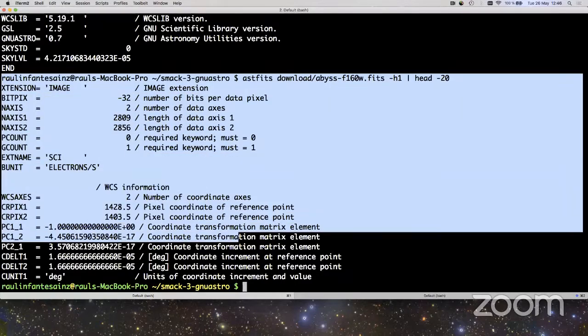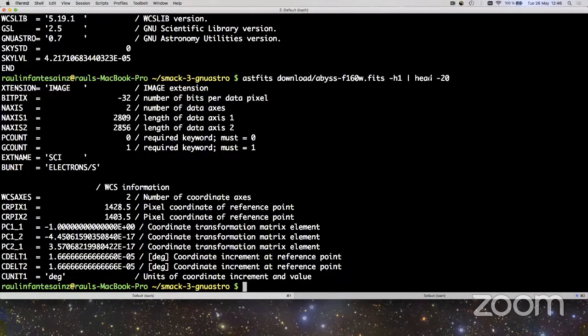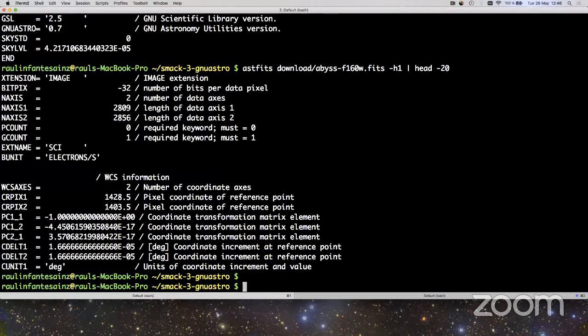This is going to show us only the first 20 lines, okay? So the result of the header is piped into this program to see only the first 20 lines. Now imagine, for example, that we are interested in getting some keywords from the header. For example, we can pipe the header into grep to look for any particular keyword. For example, we are going to look for the keyword